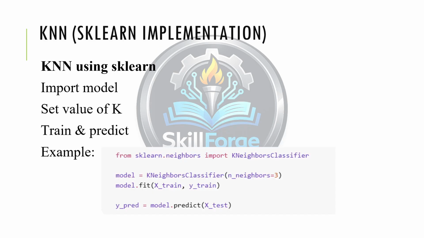So how can we implement KNN using sklearn? Similarly, we import the libraries, as you can see here, and then we train the model using the fit function. After training, we predict to classify new data. KNN does not learn a model like other algorithms. It simply stores the data and uses it during prediction. This makes it simple but sometimes computationally expensive.